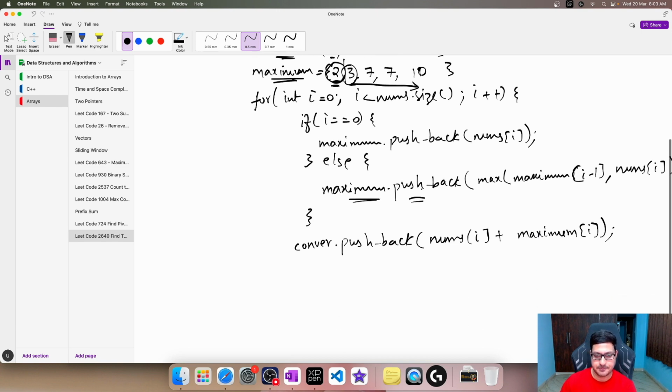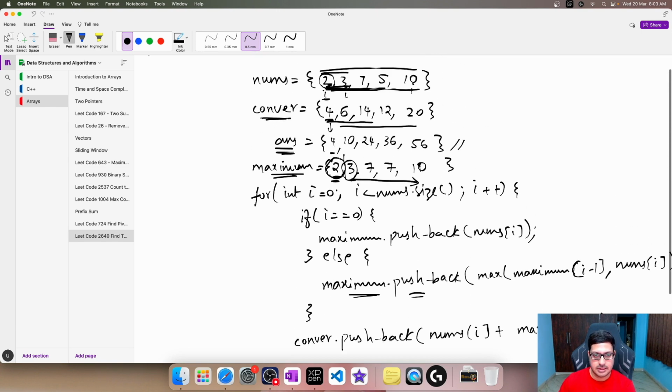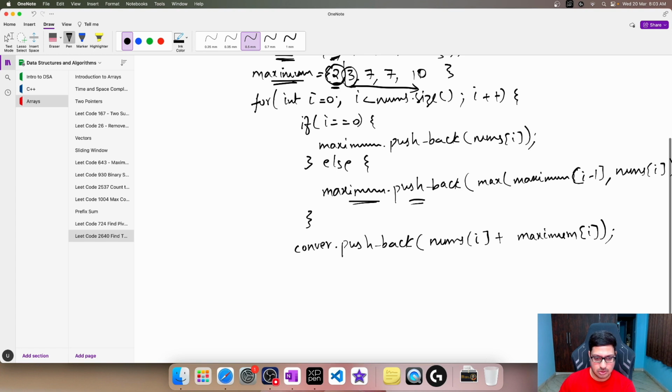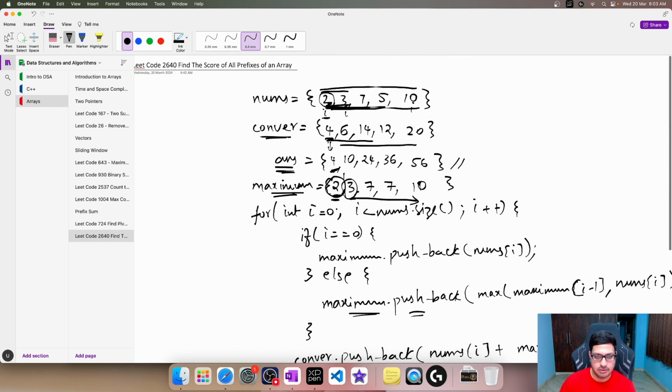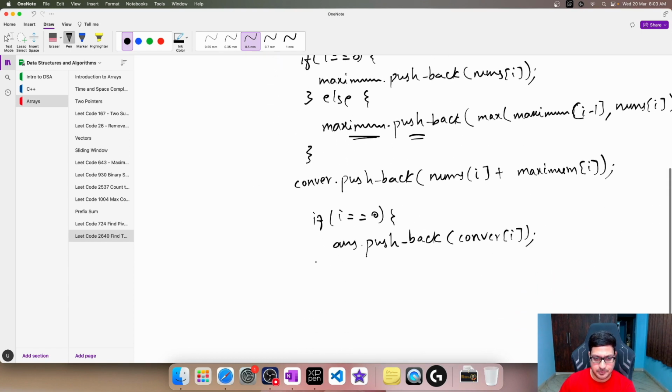So how do we fill this? We know that the first element is straightforward, nothing to calculate. So if i equals 0, answer.push_back, we simply get conver of i. So the first element from the conversion array will be pulled down to the answer array. But if it is not 0, then we need to calculate. So how do we calculate? answer.push_back